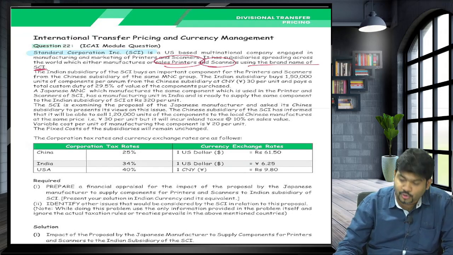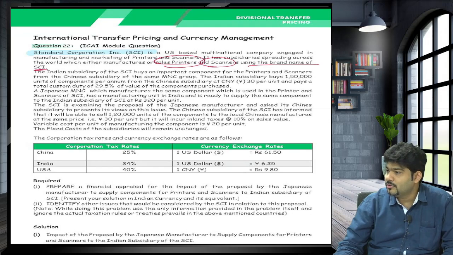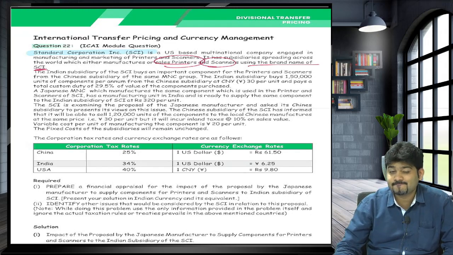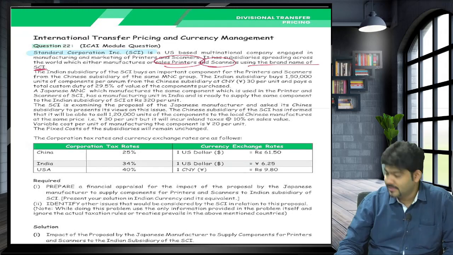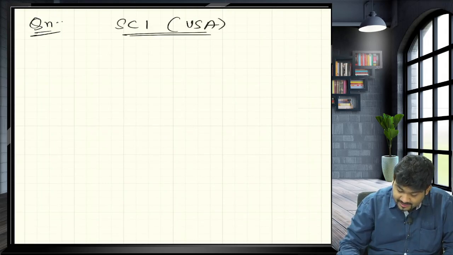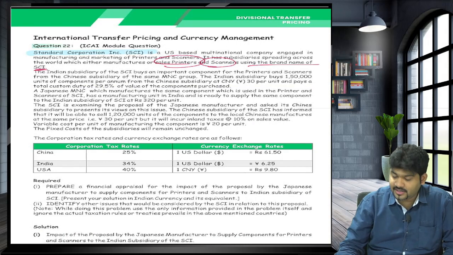What is happening, do you know? Are we understanding who is the parent company here? Can I say SCI US is the parent company, everyone? Yes. So can I write here SCI United States of America is the parent company, but is the transaction happening between USA, India or China? China and India. Can I say both are sister concerns only? Why? Because they both are